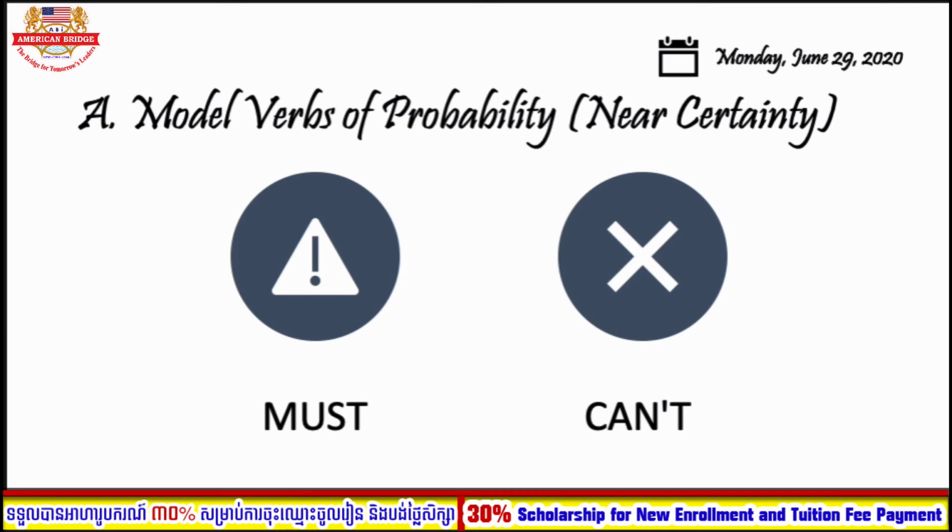If you are sure of something, you use must. And if you think it is truly not true, you use the word can't. Let's say you must eat to survive, which is very certain, or it must be raining today, which is a very strong prediction, or you say it can't be raining because the sky is clear. Okay, again, the modals of probability, you can see those seven modal verbs, and they express the degree of your certainty. Now let's move on to the last grammar point for the review session today.